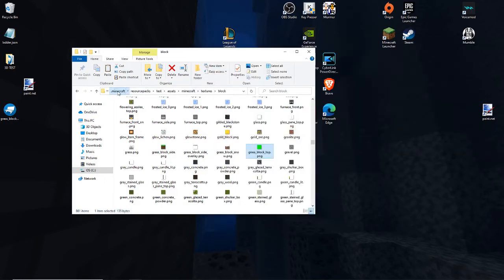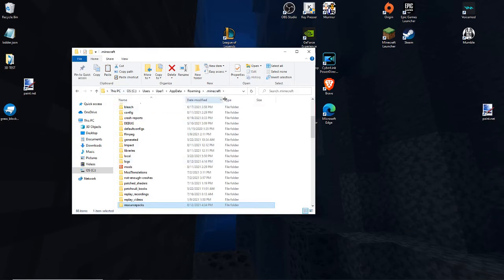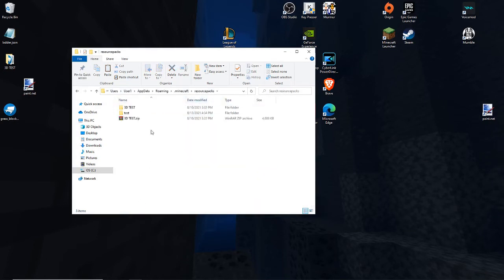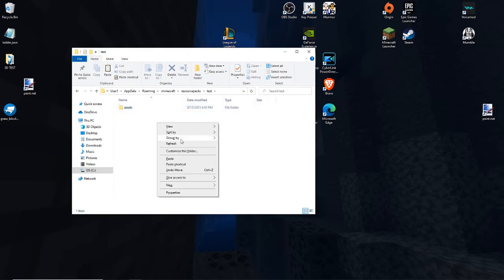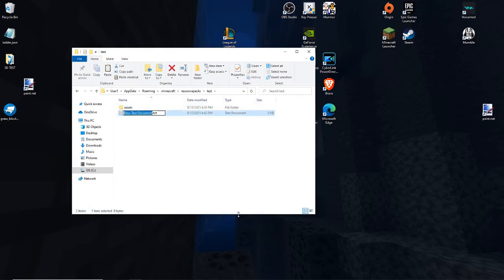So whenever you go back to Resource Packs, which I accidentally went back to .minecraft, and you go into here where it says Assets, don't click on Assets, but create a new text document. Now you need to name this text document pack.mcmeta. Now you want to delete the .text at the end because this is supposed to be a meta file,